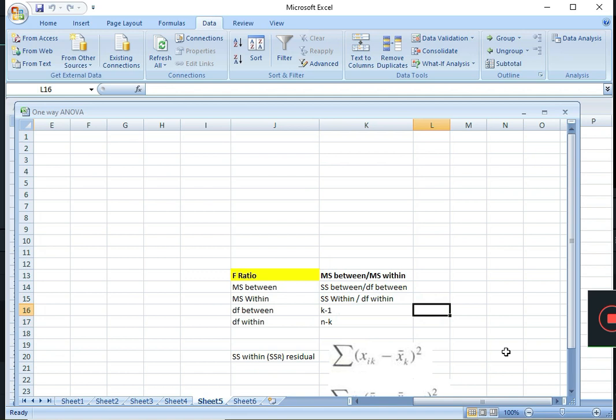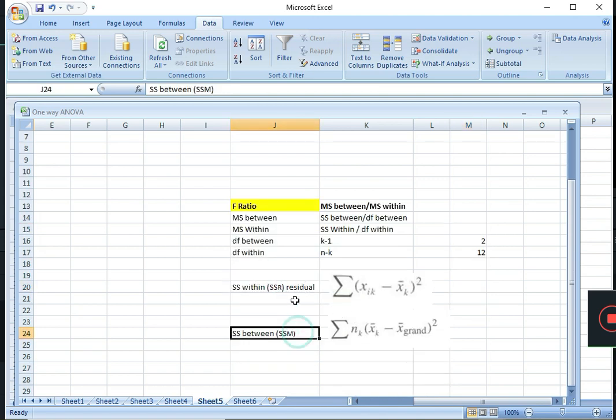So the first is equal to 3 minus 1, which we know is 2, and the second is equal to 15 minus 3, the number of groups, so 12. Finally, this is a very simple thing we have calculated.